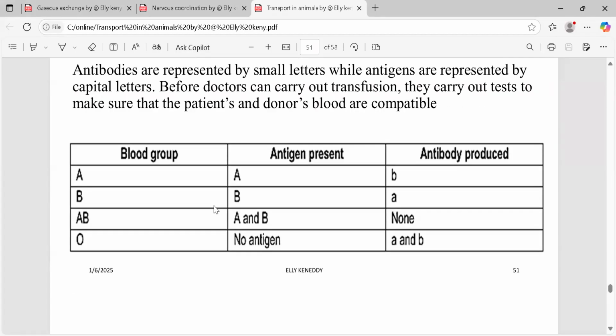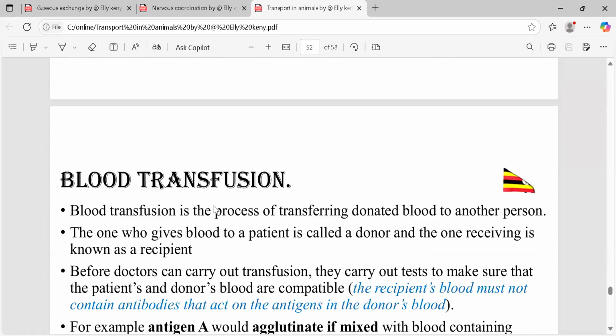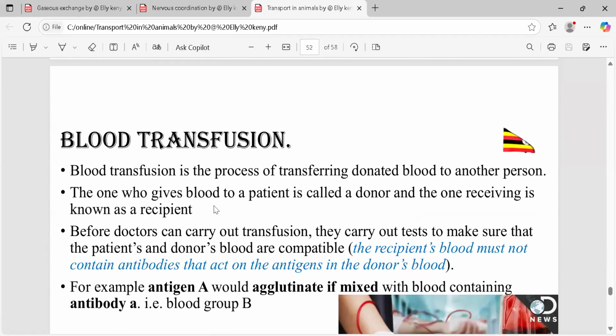So let's go through the blood transfusion process now. Blood transfusion is the process of transferring donated blood to another person. The one who gives blood to a patient